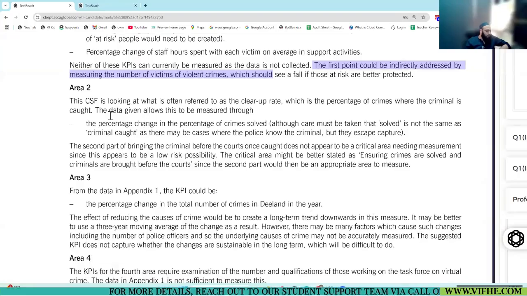Area 2. The CSF is looking at what is often referred to as the clear-up rate, which is the percentage of crimes where the criminal is caught. The data given allows this to be measured. How are they measuring it? Percentage change in the percentage of crimes solved.